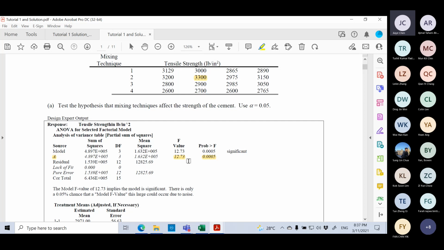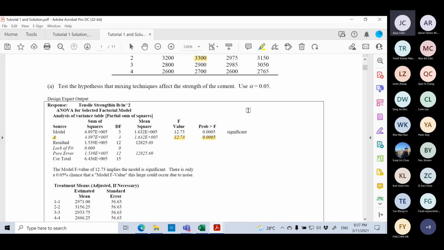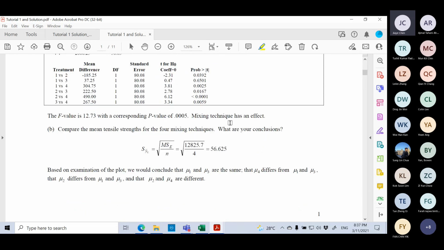So for the first part, the analysis of variance table is testing for overall. We know that using different mixing techniques will give us different results, or give us different tensile strength. So this will answer your question number A here. After that, for question number B here,